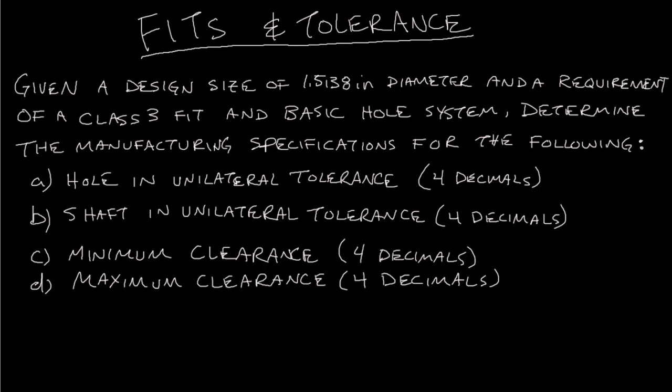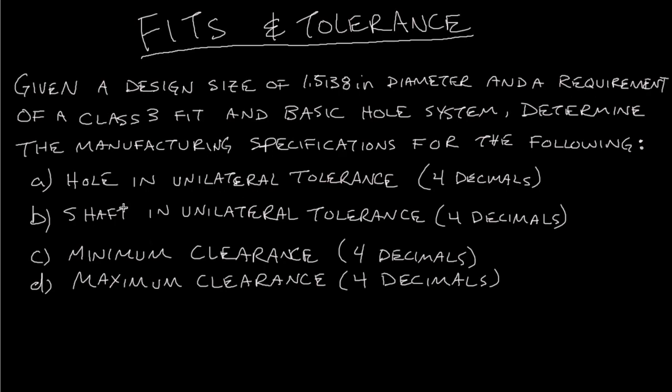Okay, in this video, I'm going to go over how you apply the ANSI classes of fit to the diameter of a hole and the diameter of a shaft. Given a design size of 1.5138 inches diameter and a requirement of a class 3 fit and basic hole system, determine the manufacturing specifications for the following. The hole in unilateral tolerances with 4 decimal places, the shaft in unilateral tolerances, the minimum clearance, and the maximum